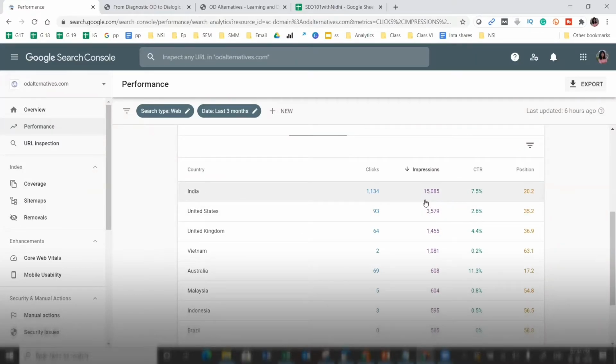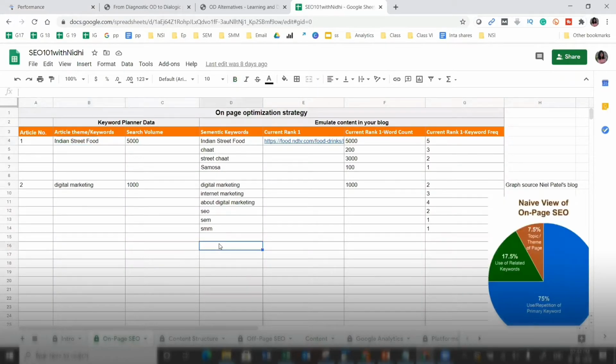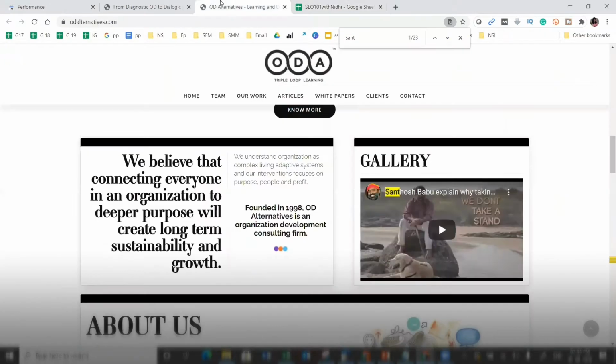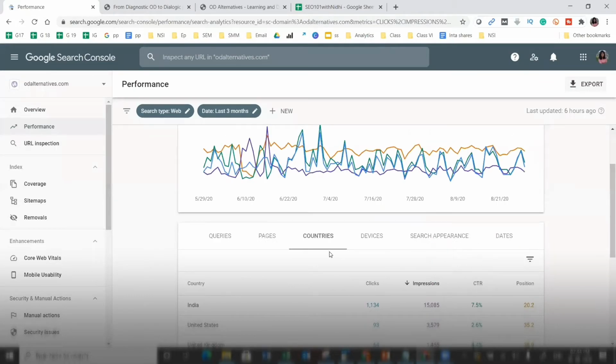So it tells me that if I'm trying to scale my business in these countries, then I'm getting the right traffic. It also helps me as a marketer if I'm trying to scale in US more, but I'm not seeing results, then it tells me, okay, what I'm doing is not working out. So perhaps I need to focus on keywords that are more US specific. So I will start focusing on keywords like top HR consultancies in US or something like that. So I will improve on searches that will help me bring traffic for the country that I'm trying to target. So that's my country level information.